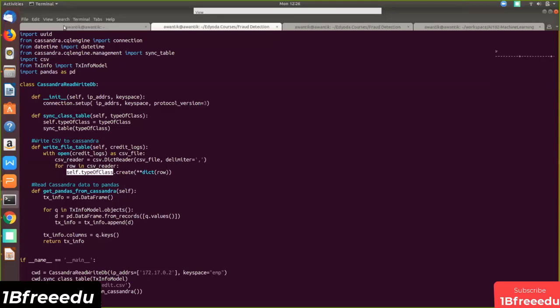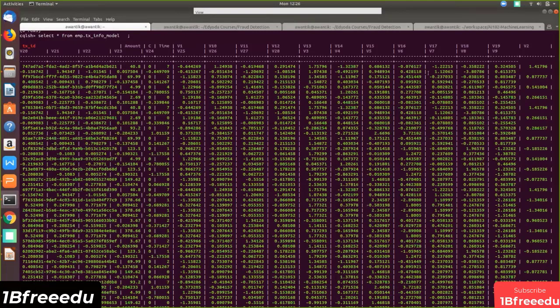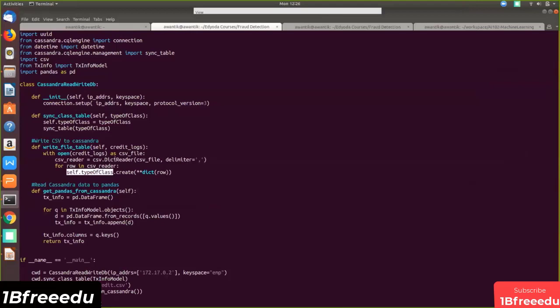Once this is done, you should be able to see whatever data you have sent. This is writing to the database. Now, once the database is ready and all the contents are there, you need to read some data from it and create a pandas data frame, which you will use with scikit-learn. We are looping through all the rows of the database, txinfo model.objects.